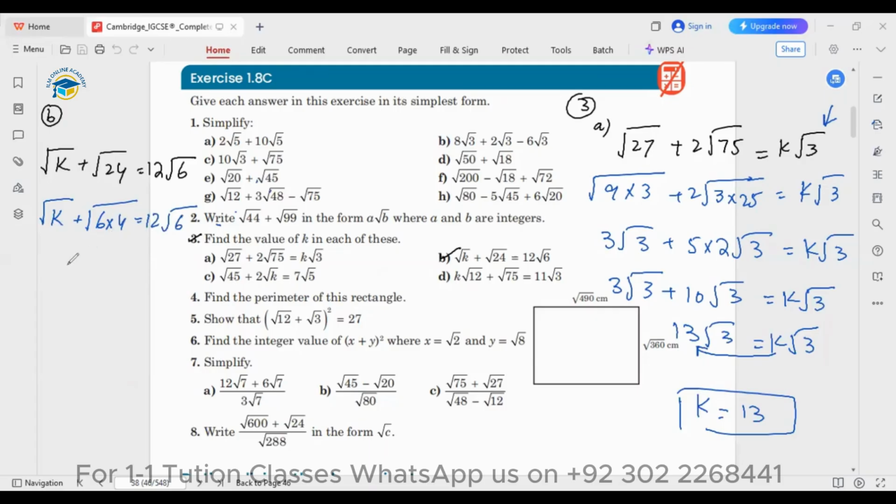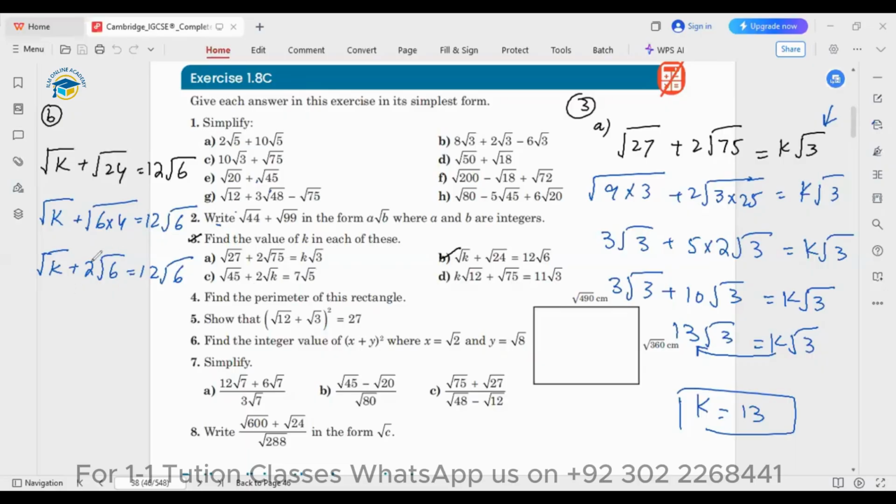Now this 4 is basically the perfect square of 2, so we can just make it as 2 square root 6, and this will be 12 square root 6. So to make this one similar to this number, basically inside we need to have the 6 here as well, so that we can add them both. But for making the similar number inside the k, this outside number as well, we will try to make it similar. Okay. So for making this one similar,